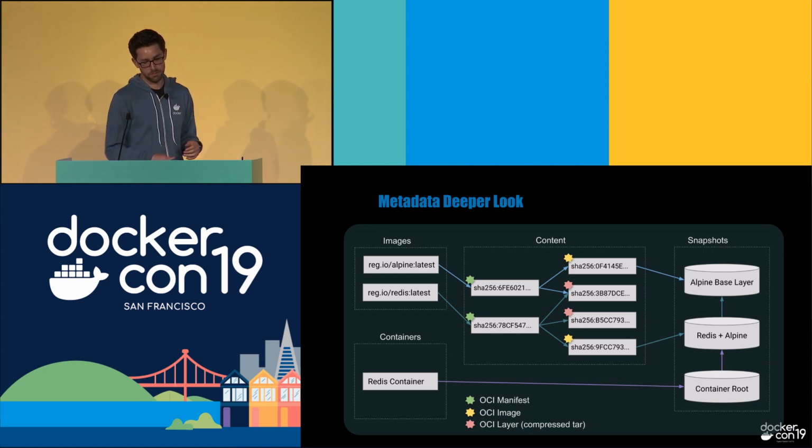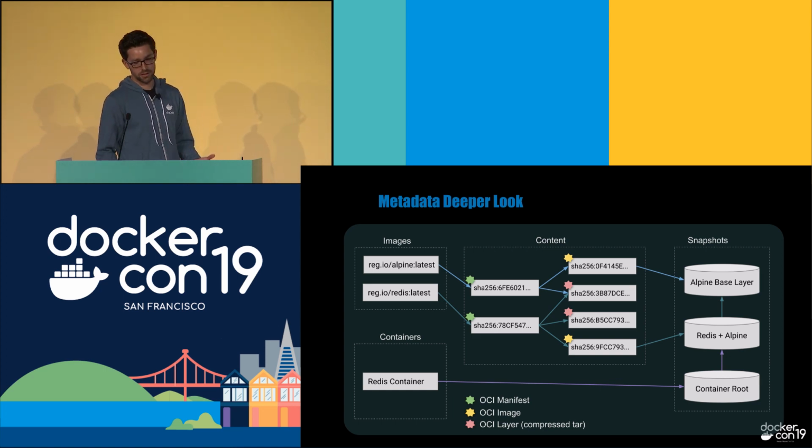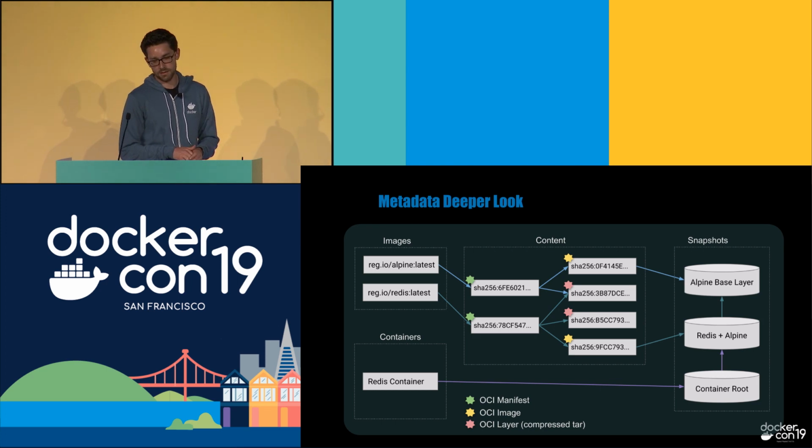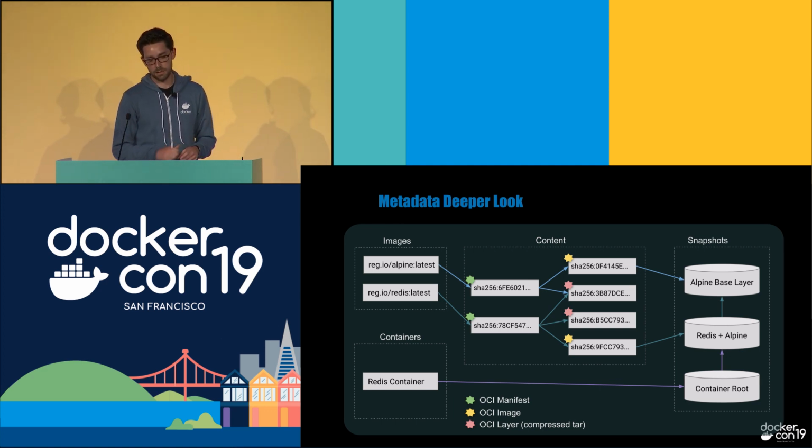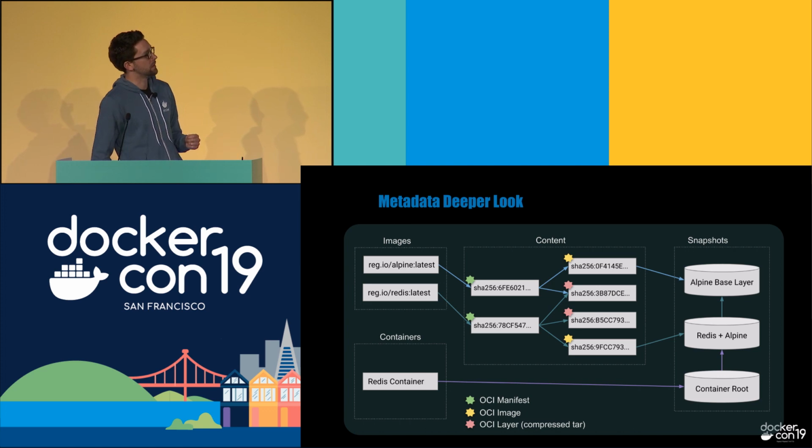In containerd, when the pull operation completes, we have a pointer that points from the config to where that image has actually been unpacked onto disk. So in this case, we actually have the OCI image object in the content store pointing directly at a snapshot. Now, in this case, we have